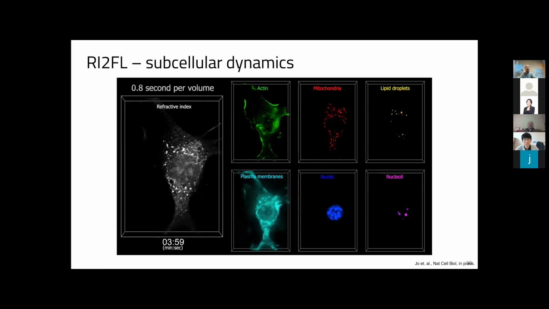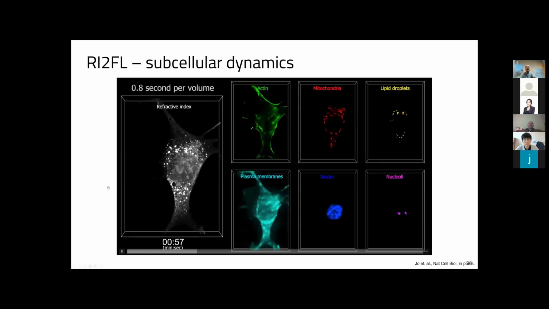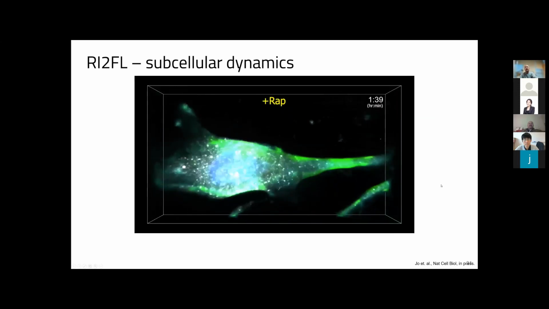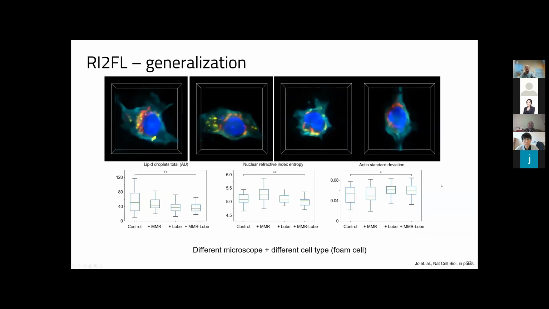So we have applied several dynamical, individual cell studies, and we have applied rapamycin for induced specific alterations. And another question may arise: can this method be applicable to other institutes where they use a different machine? So in order to directly answer that question, after internal validation in KAIST and Tomocube, we have sent this